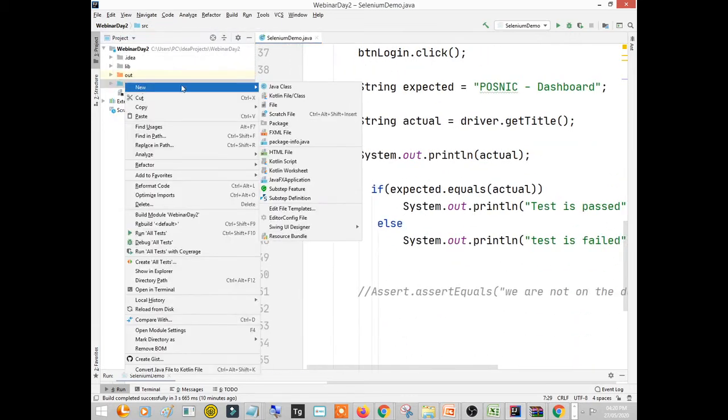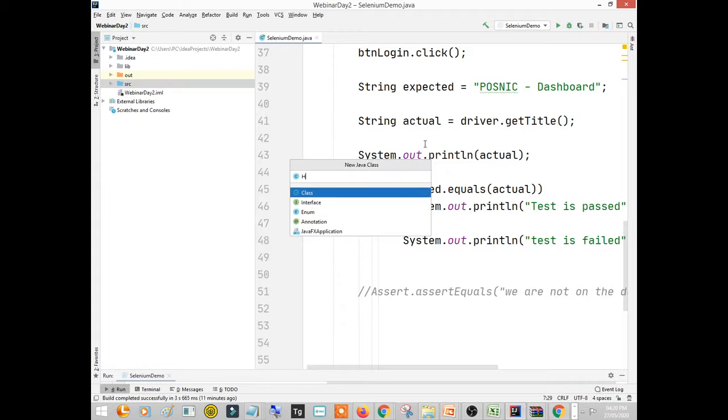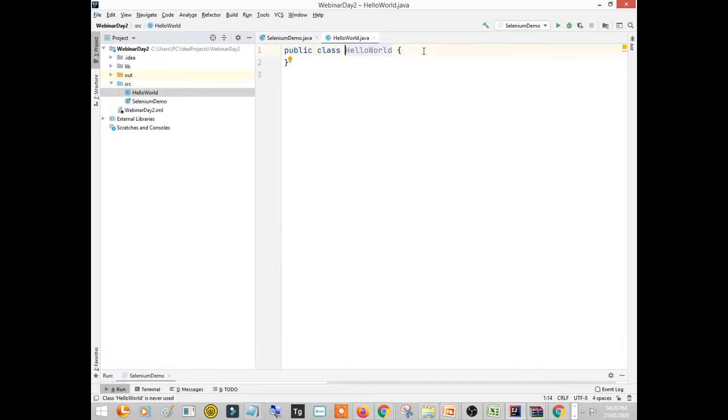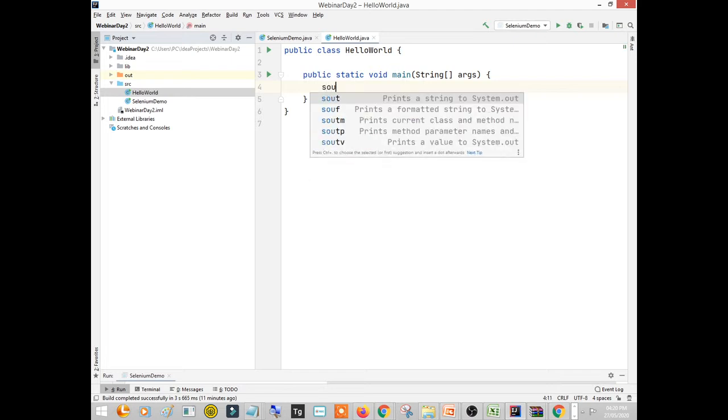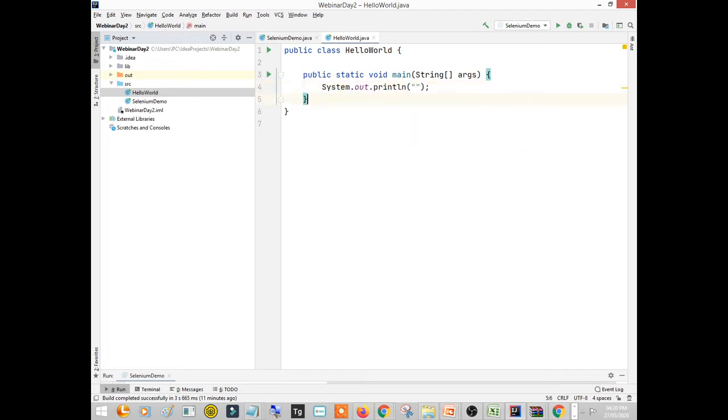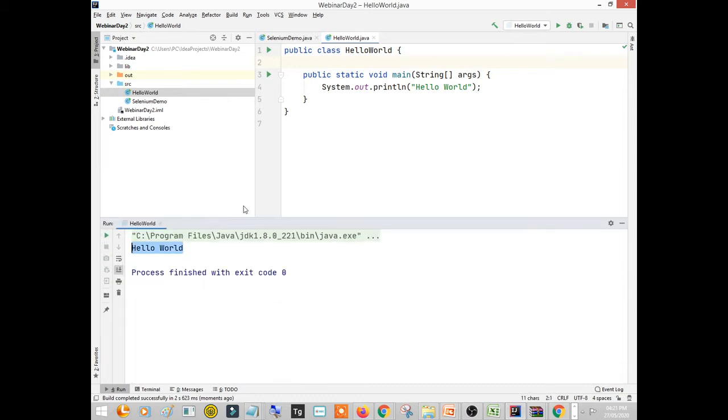You can simply create a Java class, let's say HelloWorld, and say public static void main, and say System.out.println and print hello world. This is a simple Java program. So it is meant for Java coding only. Right click and run. Just like Eclipse, you can see the output. Here it is: Hello world.